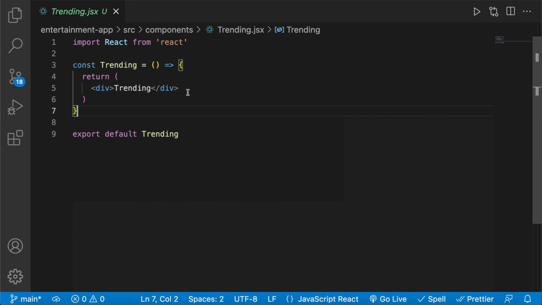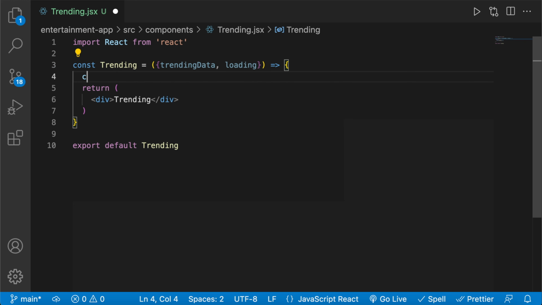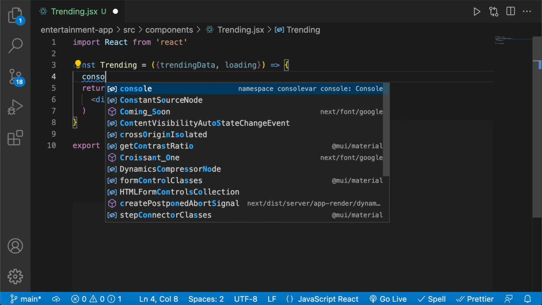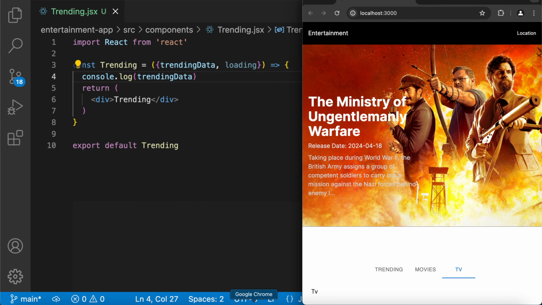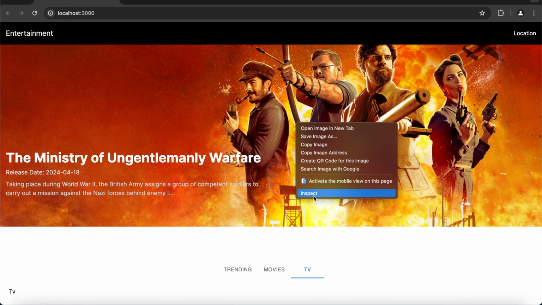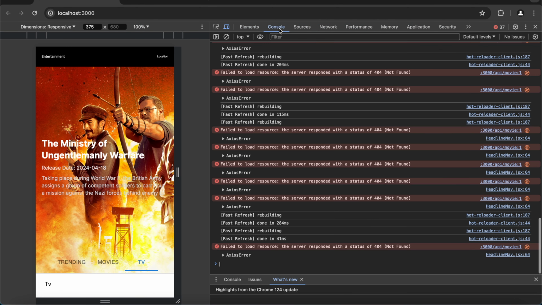Within trending, since we passed in the props called trending data and loading, we're just gonna get it here. Now you can see what you passed in and say console.log trending data. If you save that and we come over here, if we inspect this,